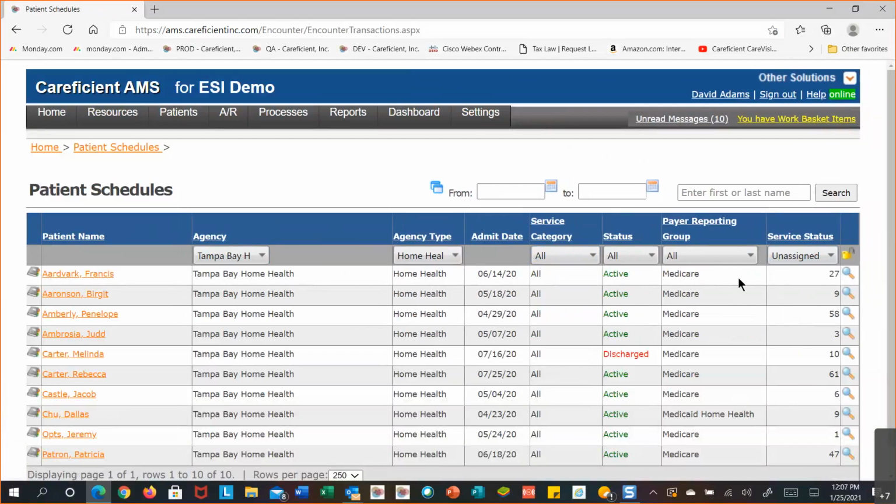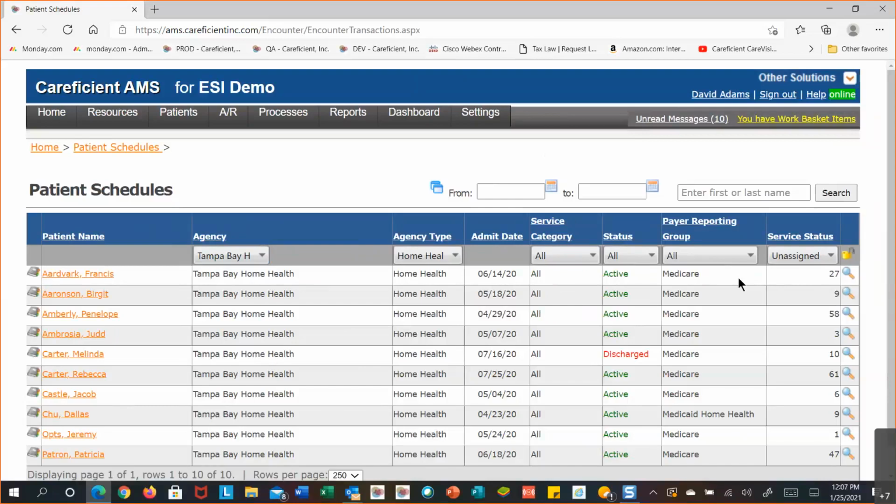Okay, payer reporting group. If you've got the reporting group set up and linked to your organization payers, you'd be able to filter by payer reporting group. For somebody who has home health, hospice, private duty, I would have this set up in a little more detail. So you see one that says Medicare hospice that gets attached to your hospice versus Medicare home health that would get attached to your home health payer. Now, your home health payer can have more than one Medicare payer. You can have your Part A,